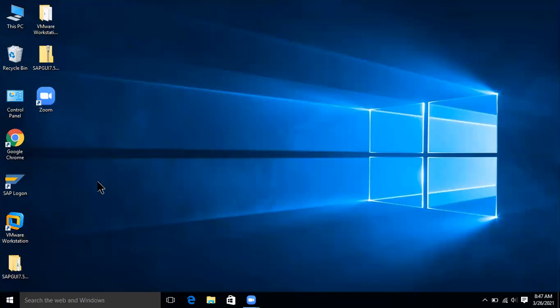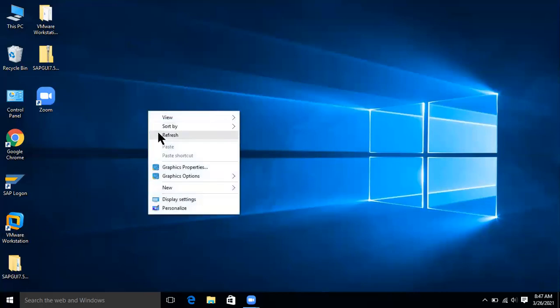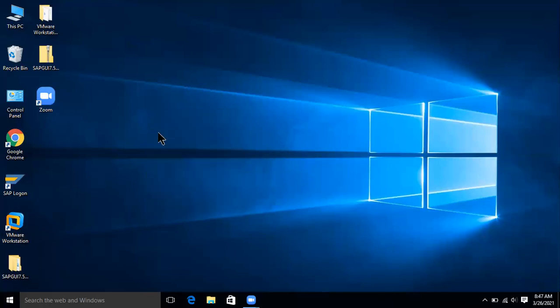So I suggest you all go with this VMware SAP installation. Let's check how to open it if you have installed SAP using VMware Workstation.